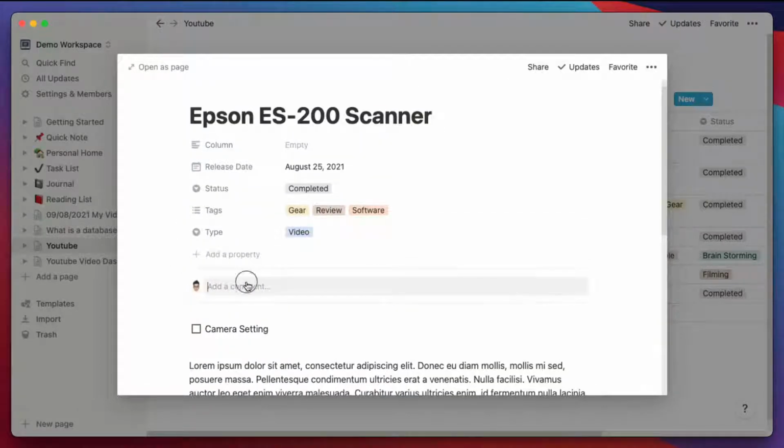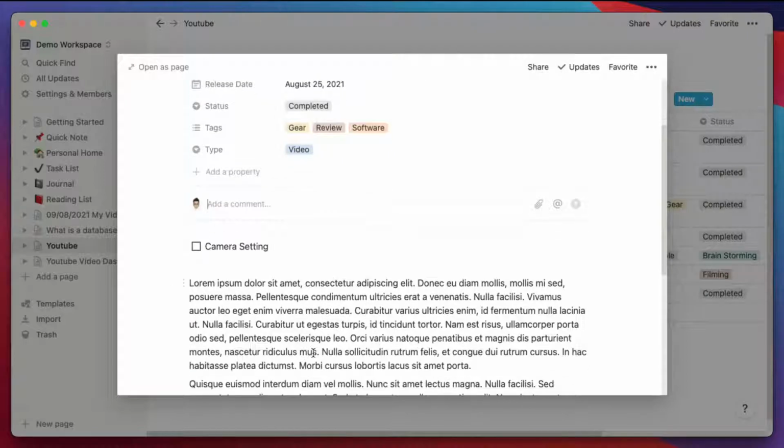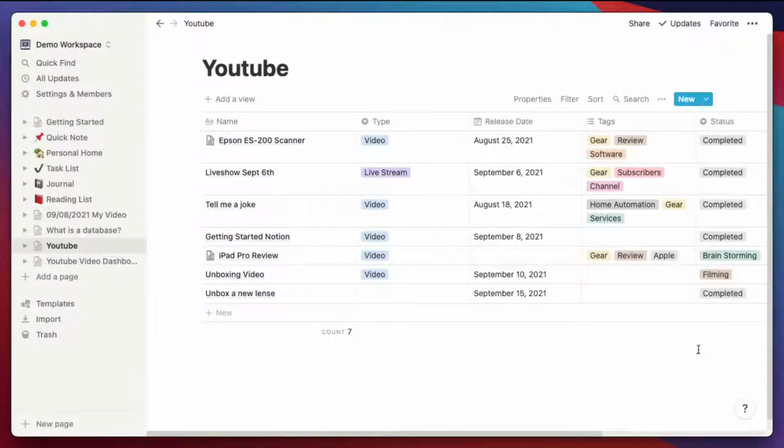You can do comments here as well. The nice thing about Notion is it's a simplified interface. These columns that I created, except for the tags, came with it. These columns I created on the fly.